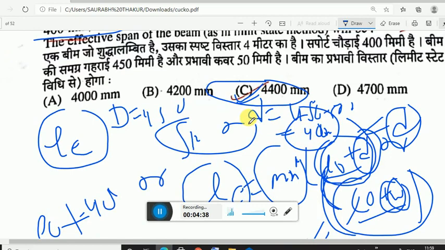Simply what you have to do, whenever you are calculating effective span for the simply supported beam or simply supported slab, L effective equals minimum of L0 plus D or L0 plus W. L effective equals minimum of L0 plus D and L0 plus W. But when